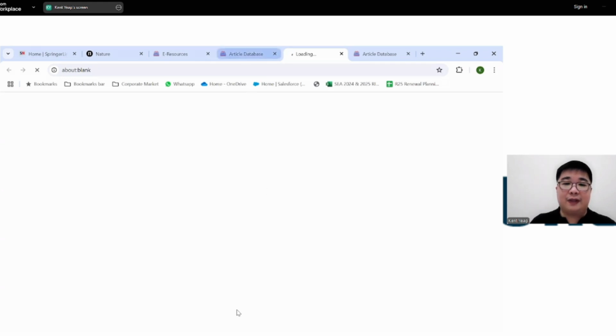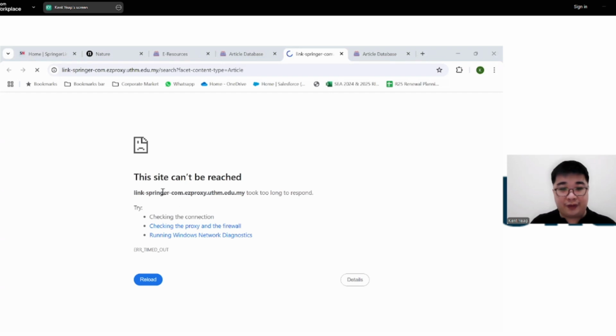Okay, so I'm not sure if this is showing you. Okay, it's still loading on my side. Perhaps this has got to do with me being outside of your EZproxy range. Apologies for this. This is probably an error on my side as I'm using my own company's VPN at the moment. But what you should see is, when you click on this, there will be a prompt that comes out that says you need to input your student or staff ID, like I said, or an email address, and then a specific password that is assigned to your username.